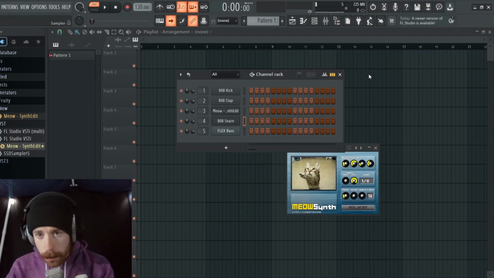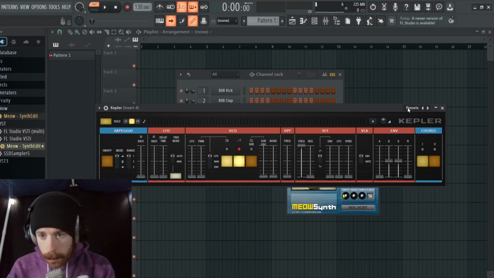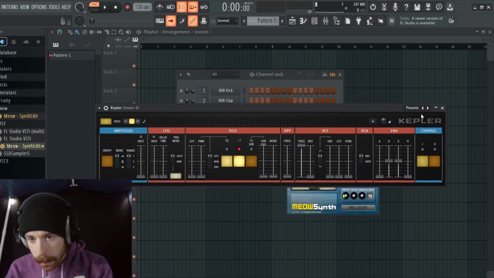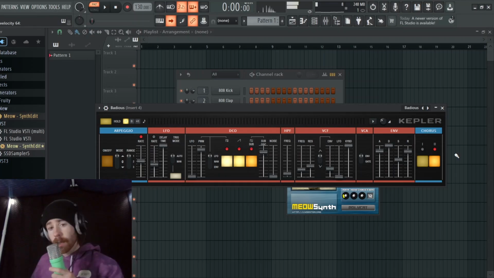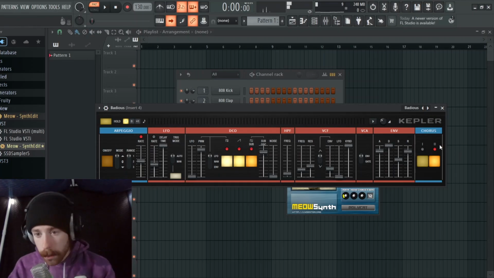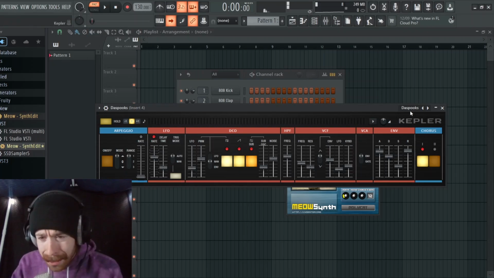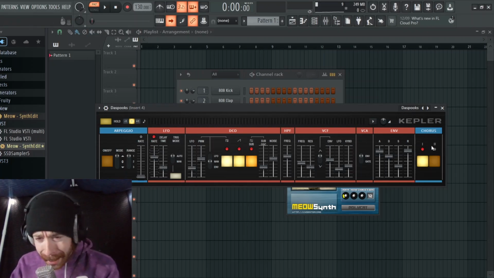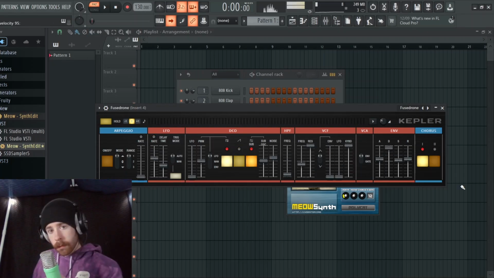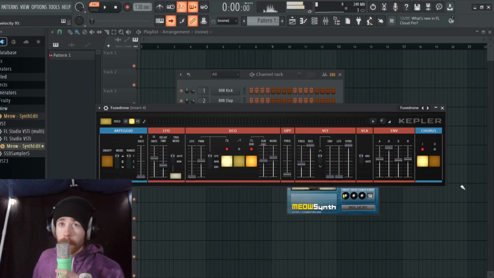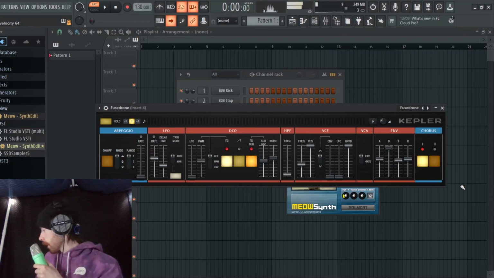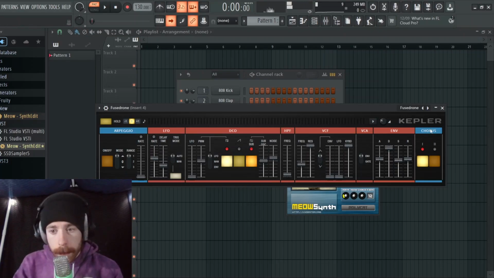You're going to want to put a bunch of things on. Let's get like a Kepler or something. Let's just get like a random synth. Give me like a pad. That's pretty bad, so let's get a different one. This sucks. It sounds so bad. Okay, now that you've got yourself a really cool sounding instrument that sounds pretty good, we're just going to keep